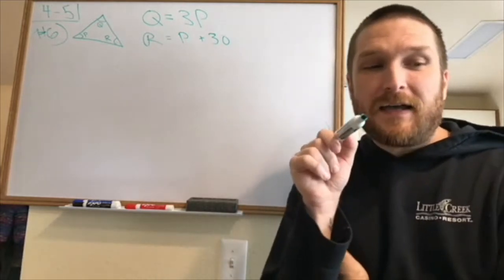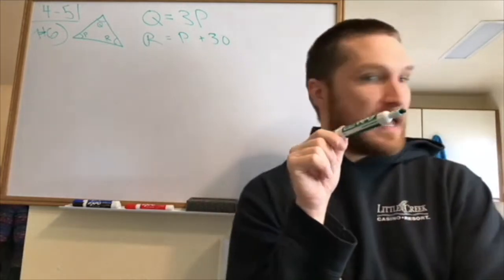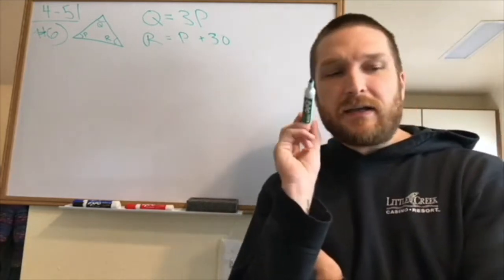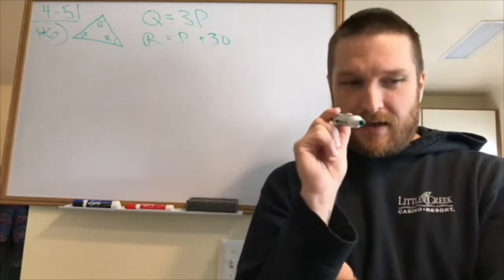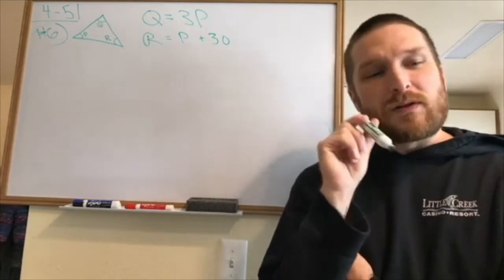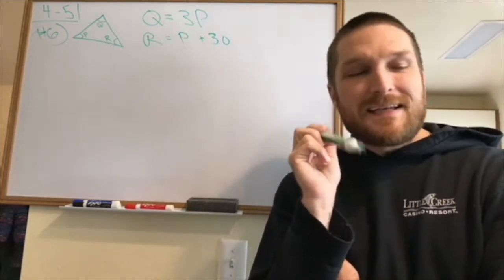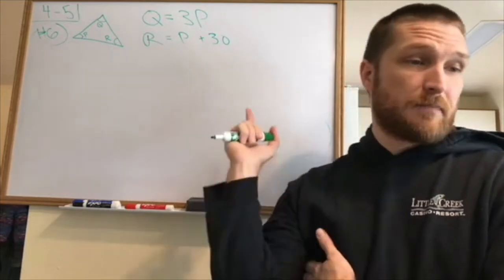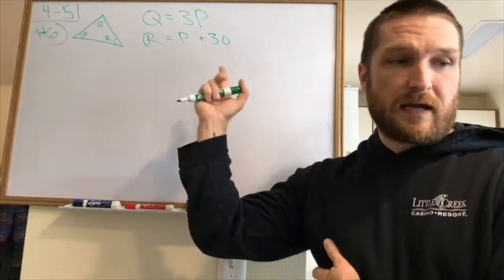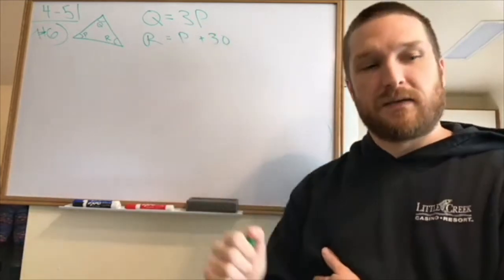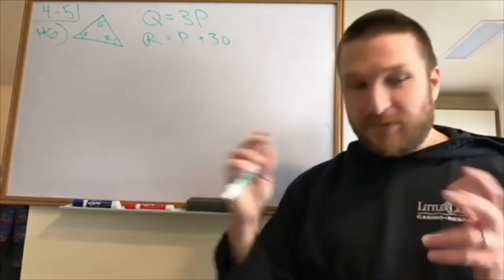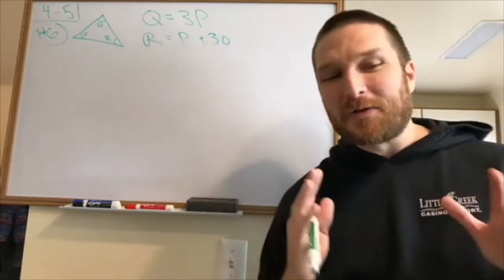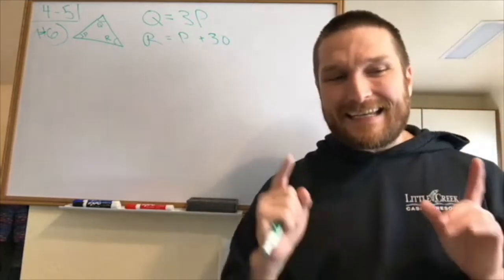And what we're going to find on Wednesday is that you will get what's called a dependent system if you do that. Like we could say, why don't I multiply one of these by 2? And then I can have 2q equals 6p. And you could try that and put it into your system, but it's not going to get you any closer to an answer. What we need is a